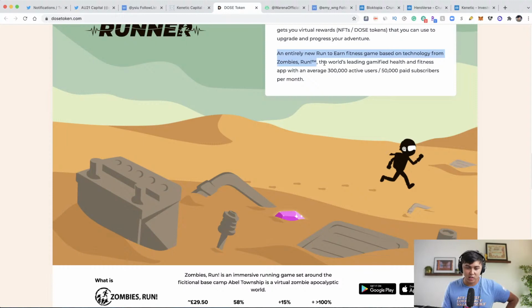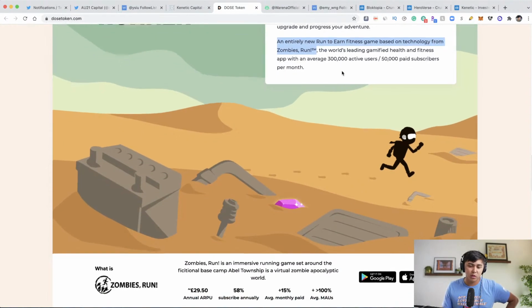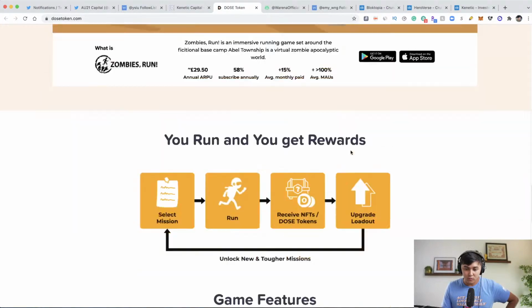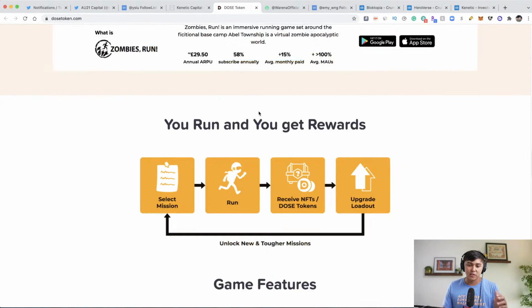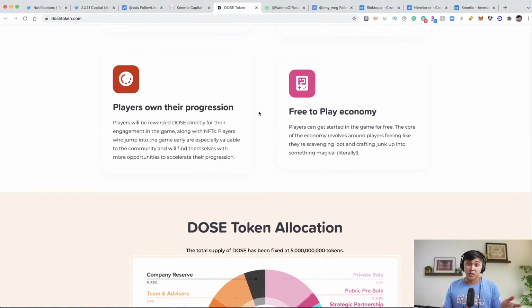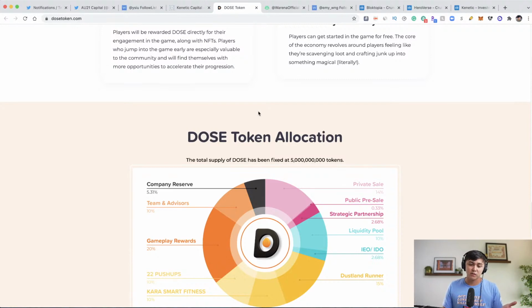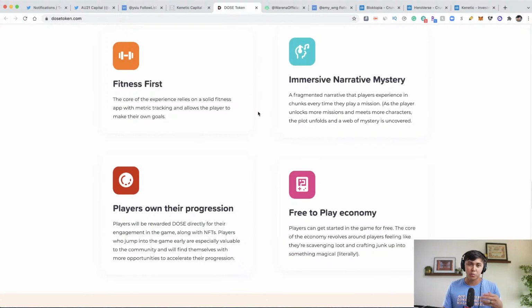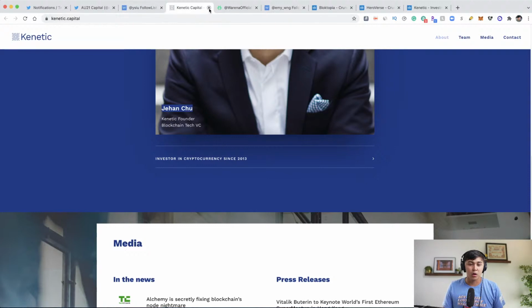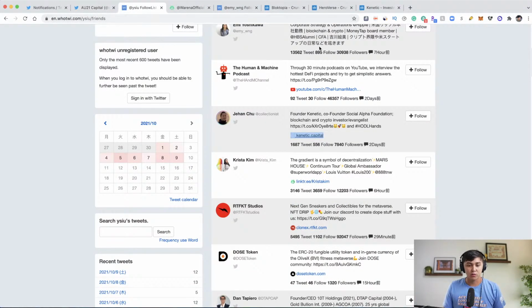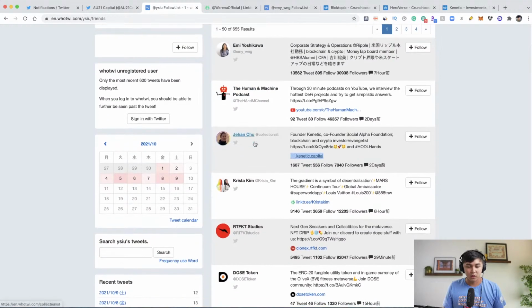Okay, so it's technology based off Zombies Run. I'm not too familiar with Zombies Run. Somebody probably does. So let's say that I wanted to continue on with that. I would look into Zombies Run and see what the community aspect is, the comparison between Zombies Run and what this can actually achieve, and also understand that this specific company will probably make more than Zombies Run just because there are a lot more revenue models for that. That's something a lot of people are not understanding when it comes to blockchain, is that it's becoming a lot more beneficial for people to switch over to blockchain and all that stuff.